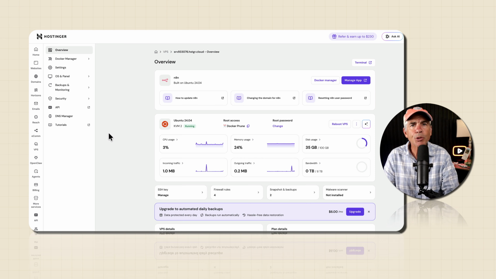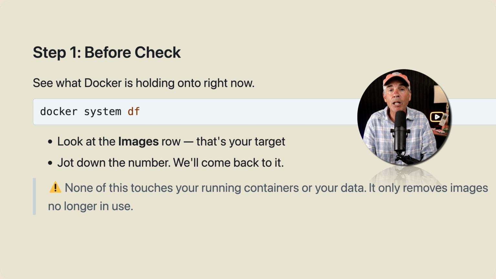Sign into your Hostinger VPS dashboard. In the top right corner, click on Terminal to launch the terminal. Check out the cool new graphic. I'm going to clear the space here by just typing clear. Tap return. Before I do anything, we're just going to run a check and see what the current status is